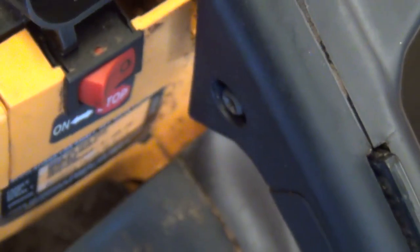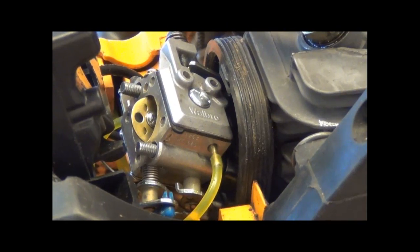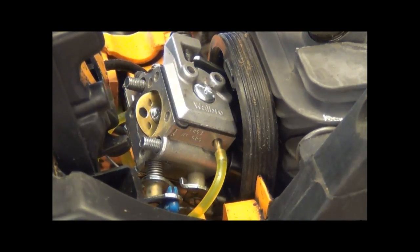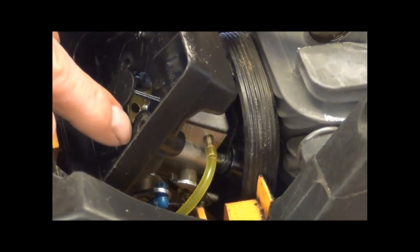I wish I could take this apart and show you how my fuel lines go. Hang on, let me pause the camera. I'm going to take this cover off, and I'll show you real quick how the fuel lines go. Alright, after a few failed attempts at getting my camera positioned right to show you what I want to show you, okay, I went ahead and removed the screws